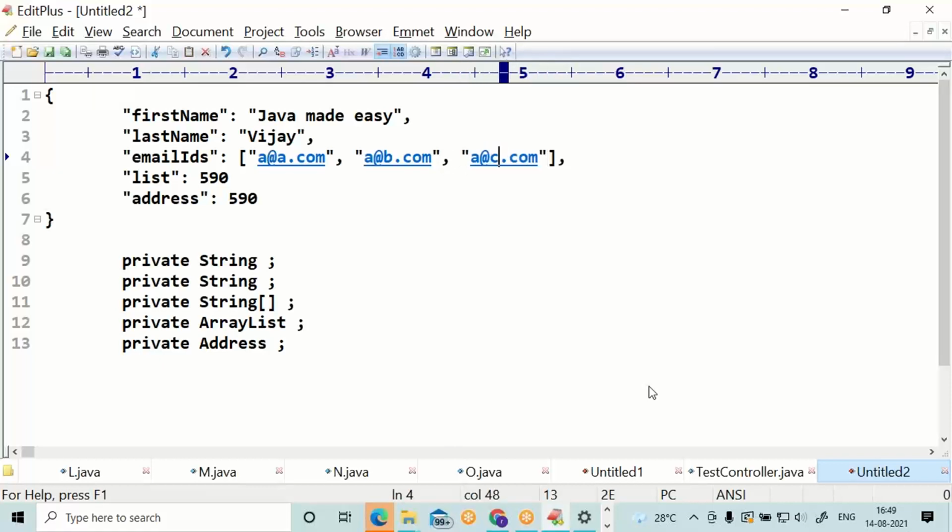Inside a square bracket, you have to supply the values. Very similarly, even an array list is in a square bracket. You can consider any list, maybe project names.